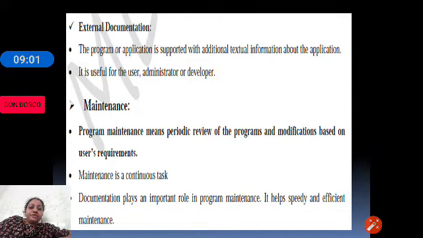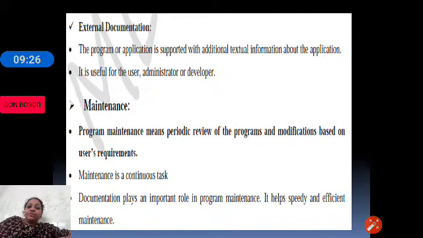Then we have the external documentation. External documentation is a document file which will be updated along with the program, a textual information. The additional textual information about the program or the application can be included in a separate file, that is called external documentation.